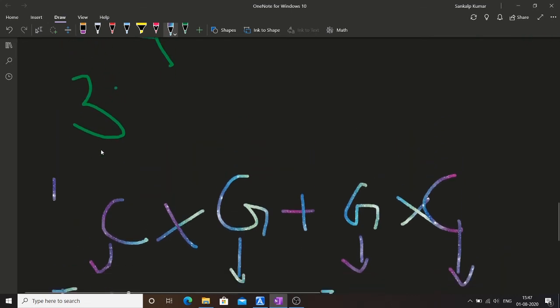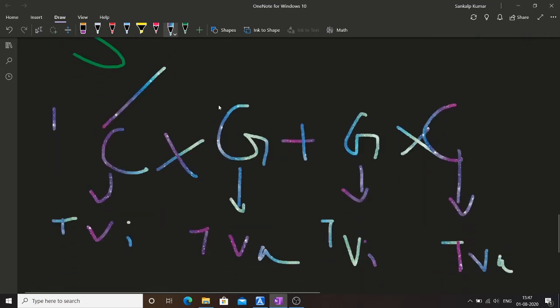This is the formula, because each and every C of the virus reacts with each and every G of the vaccine, and each and every G of the virus reacts with each and every C of the vaccine.